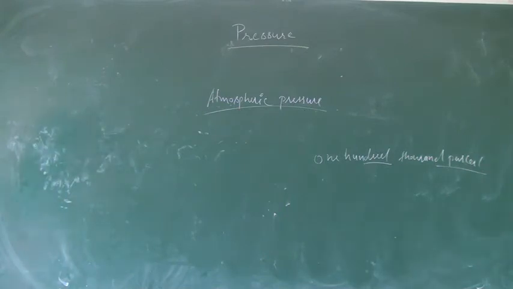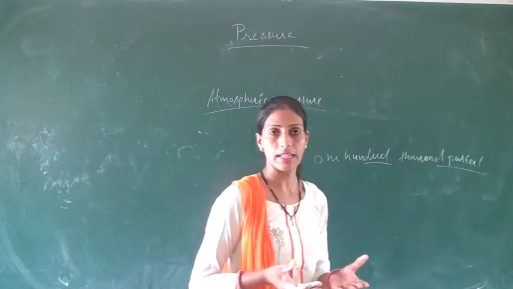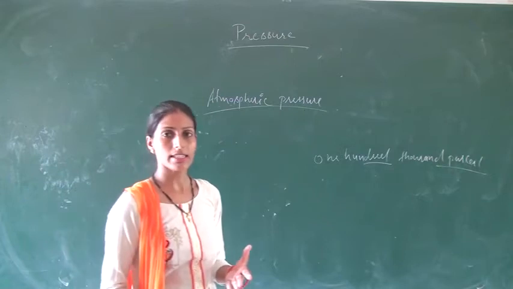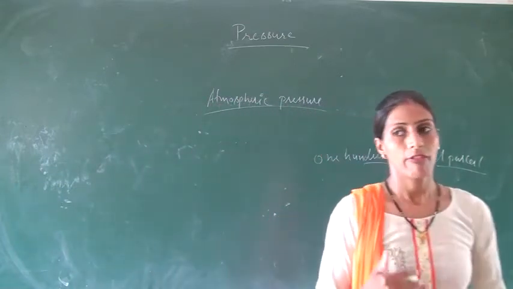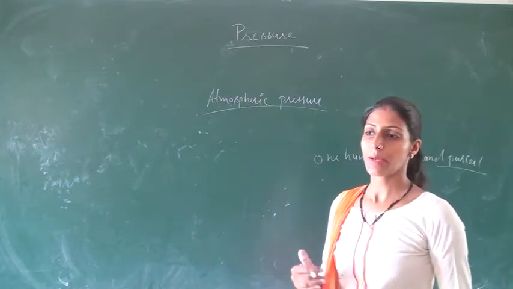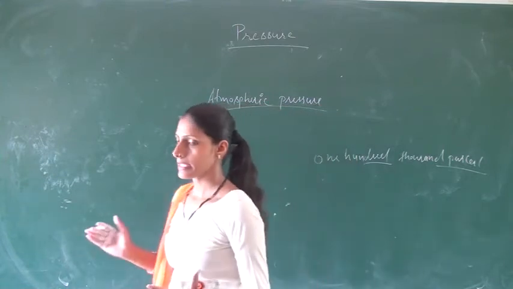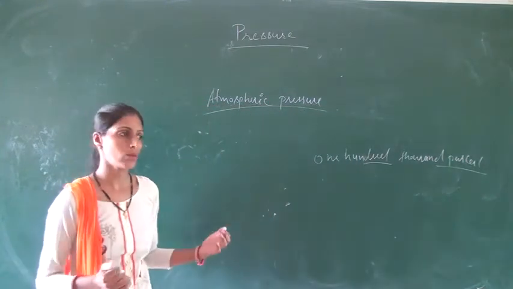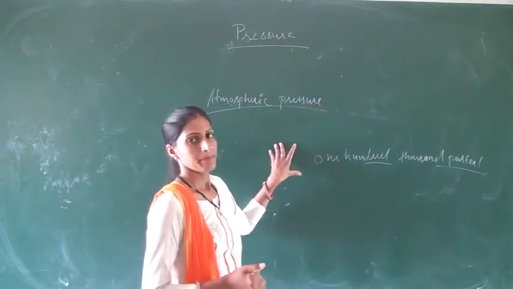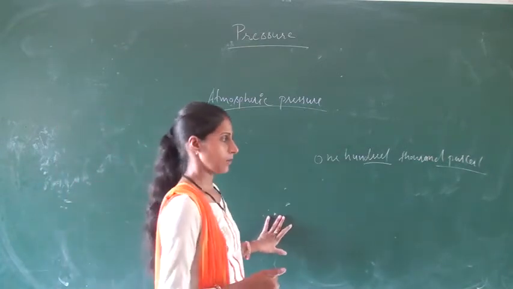When we blow air inside a balloon, it expands. Why does the balloon expand when we blow air into it? Because air exerts a pressure, and when we blow too much air into the balloon, sometimes the balloon bursts, because air exerts a large pressure on the walls of the balloon, and when the pressure becomes too high, the balloon bursts and air comes out from the balloon.